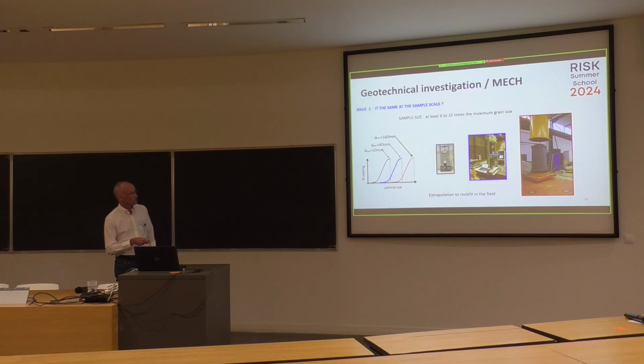So we use a second cell here, where the diameter of the specimen is 250 millimeters. We have such a cell here in Grenoble. Again, to give you an idea, it represents more or less 40 to 50 kilograms, at least 2 days of test. And then we also test a third grain size distribution with particles up to 160